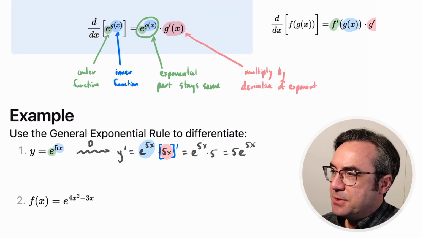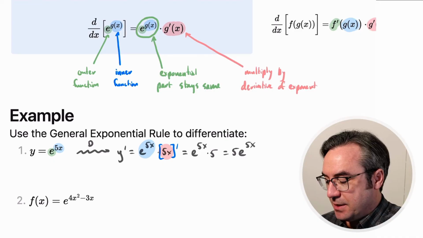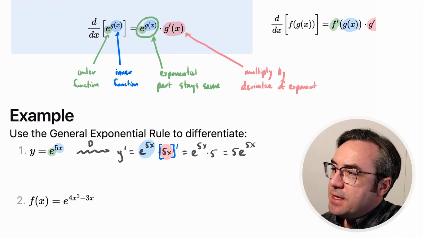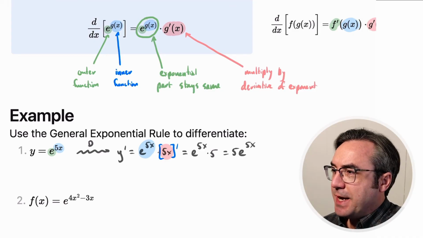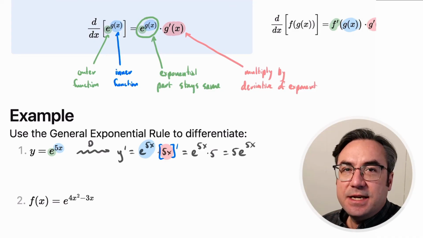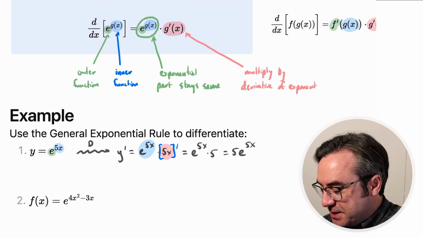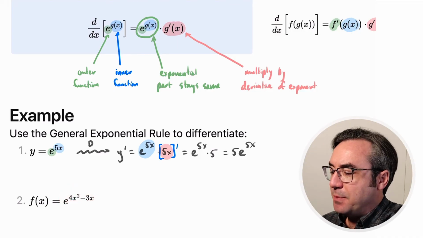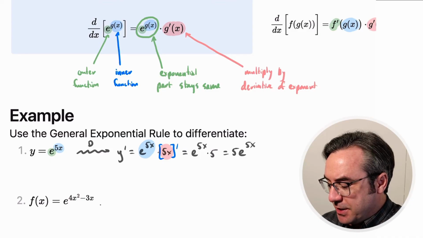All right, there we go. Let's try another one. So now the next function is f of x equal to e raised to the 4x squared minus 3x. And again, it's an indication that we have to use this rule because this is not just e to the x. We've got a whole bunch of stuff up there in the exponent. So when we go to differentiate,